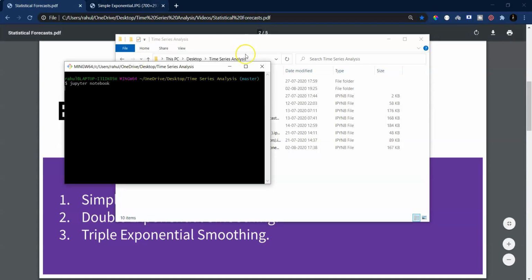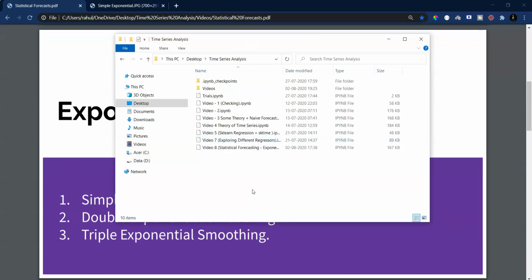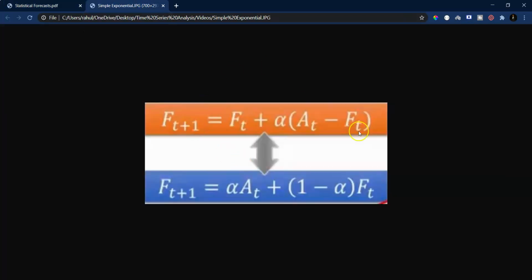I'll open Jupyter Notebook right in this folder, and once it has opened, I would like to draw your attention to this formula. If you are having a hard time understanding what F and A represent here, F stands for forecast, A stands for actual values, and T stands for timestamp.